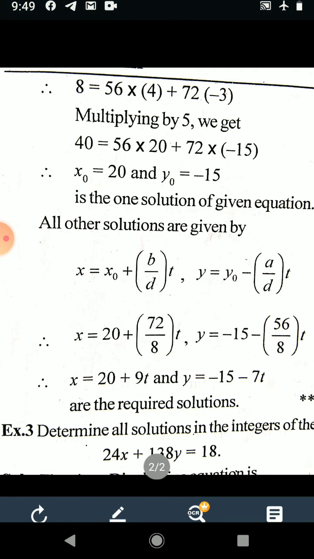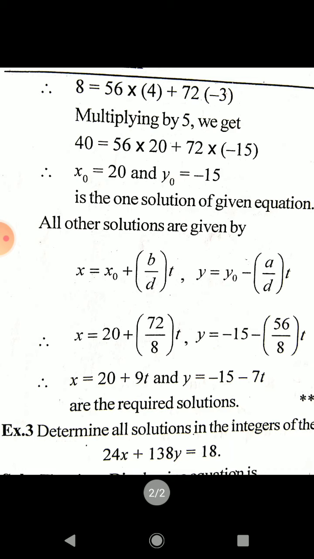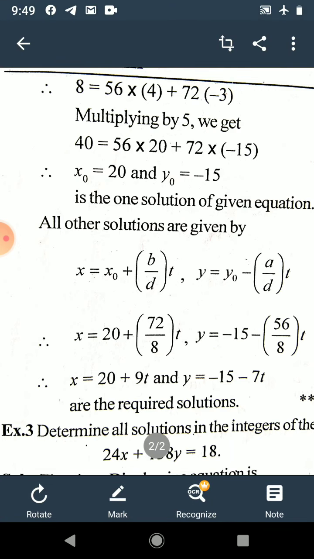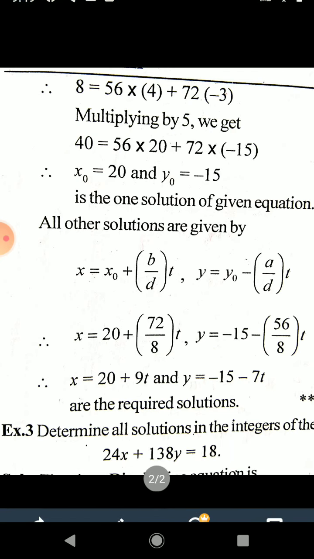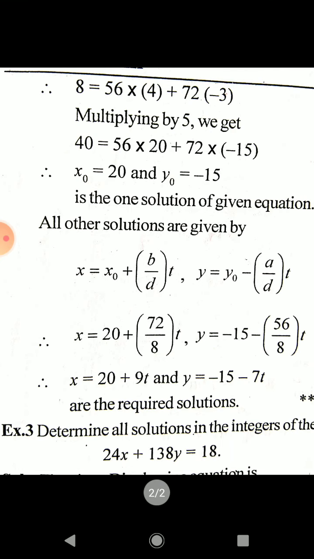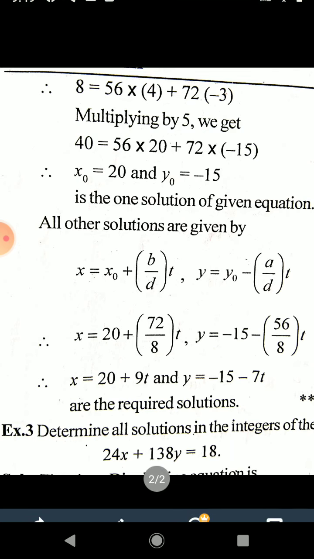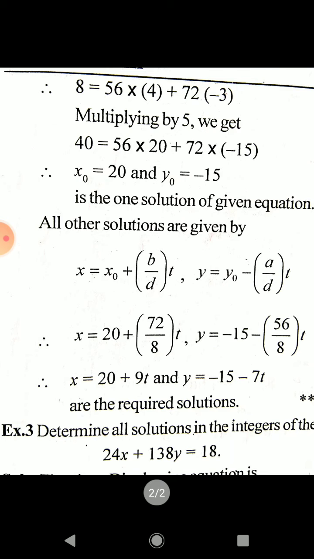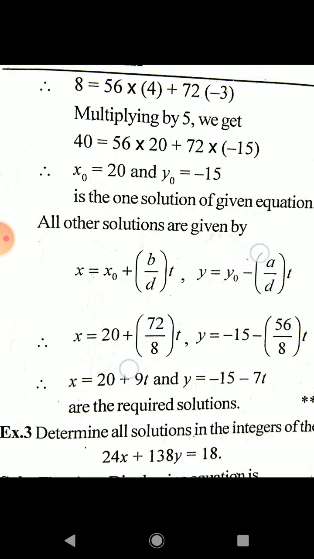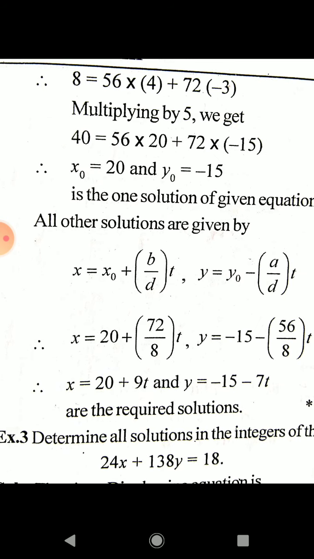If we compare this with the general form of the linear Diophantine equation, ax plus by is equals to c, here this 20 is the value of x, that means our solution x0 is equals to 20. Value of y is minus 15. We denote this as our first solution, y0 is equals to minus 15. That means we obtain x0 is equal to 20, y0 is equals to minus 15 is one solution of